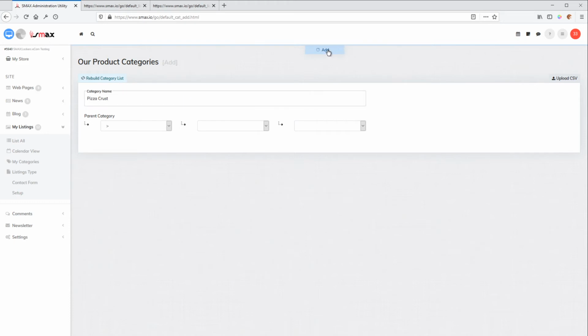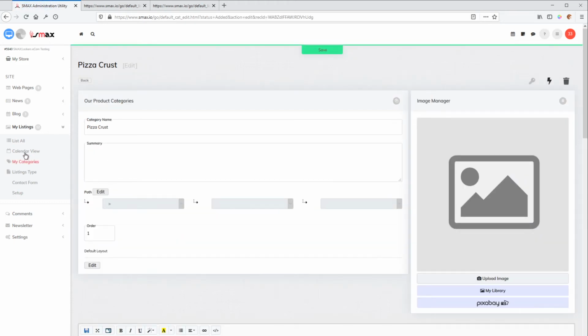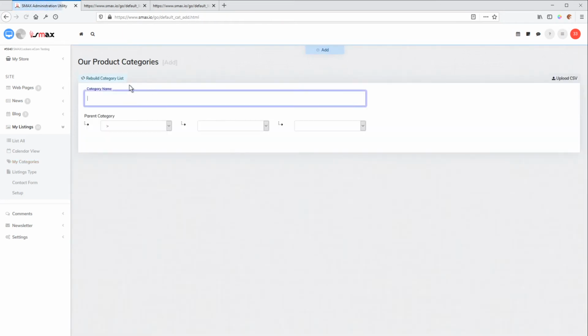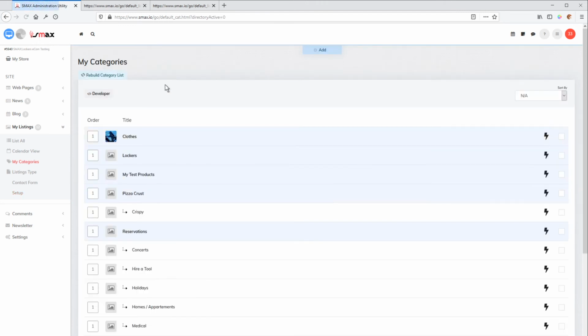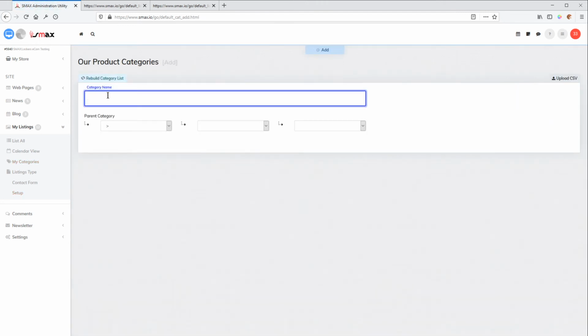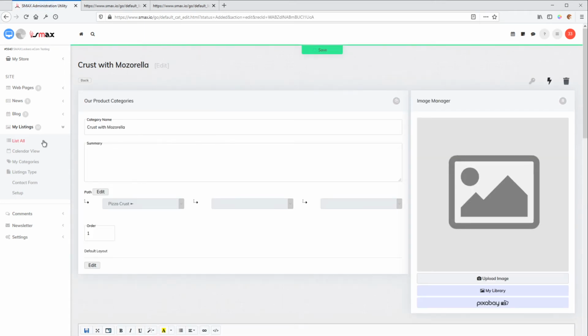We're going to add a category name, and now we're going to add another category, and we're going to say crispy, and then we're going to add that under pizza crust. And then crust with mozzarella. Not sure how you spell mozzarella. Anyway, mozzarella, pizza crust, crust with meat, pizza crust. So now we've got